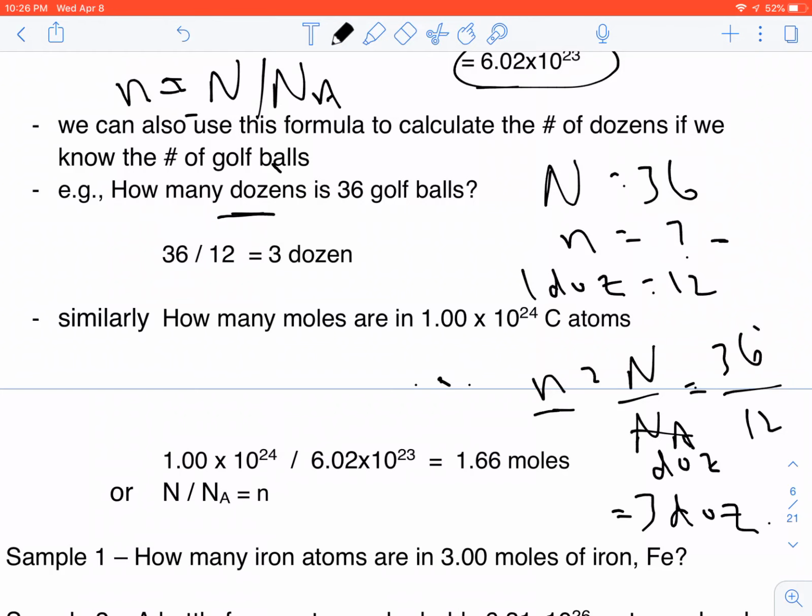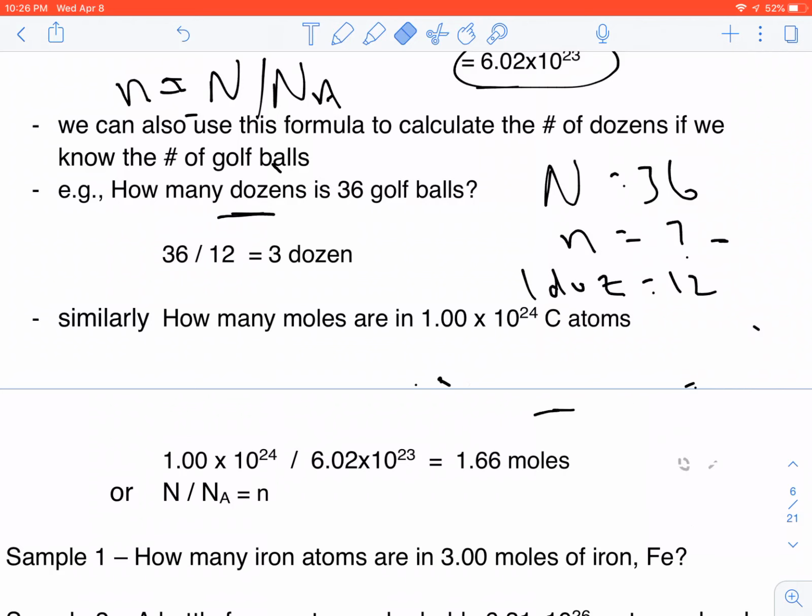Now, let's switch this now, instead of doing golf balls, let's go back to atoms again. So if I told you that I needed a mole of carbon, I'd say, or I need this many atoms of carbon for a chemical reaction. Okay, here's the question here. How many moles are in 1.0 times 10 to the 24th atoms? Right. How many dozen are 108? Right. So I've got a number of things on this side, and I'm trying to find the number of moles, little n. So when I'm doing this question now,